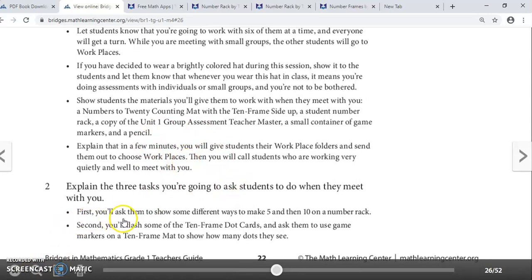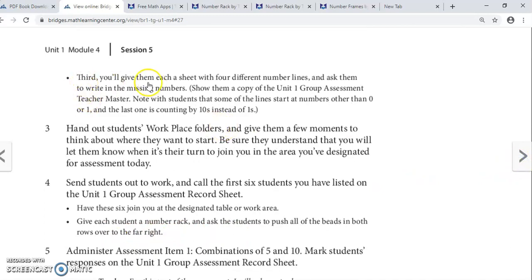So first, you'll ask them to show some different ways to make 5 and then 10 on a number rack. Second, you're going to flash some 10-frame dot cards, the ones that I showed you up above, and ask them to use game markers on a 10-frame mat. And then third, you would give them each a sheet with 4 different number lines and ask them to write in the missing numbers. But once again, how can we do this if our students are at home and do